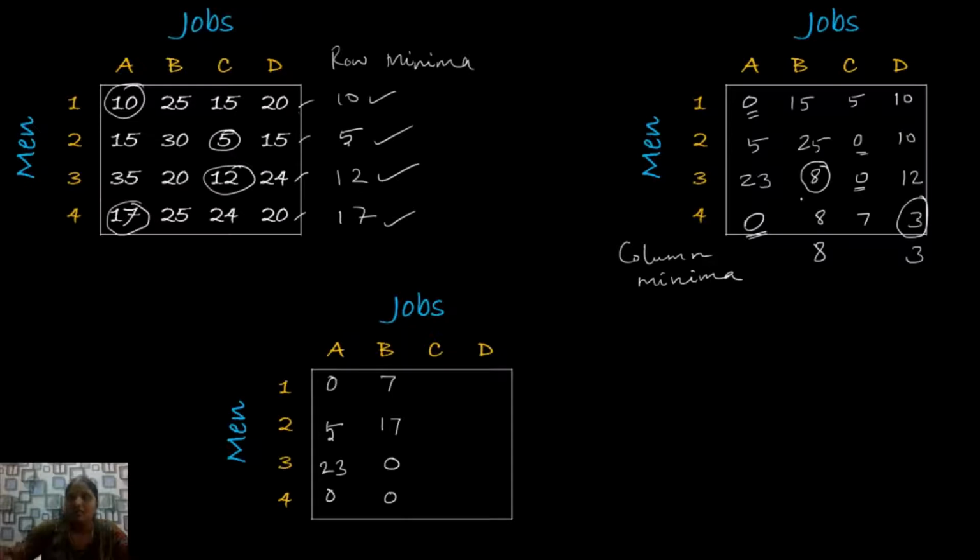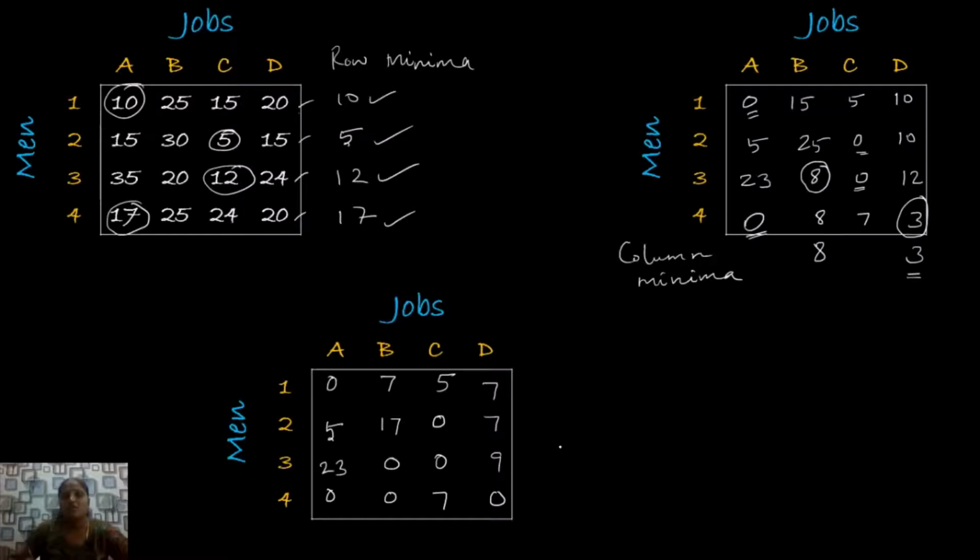And the third column, we write the third column elements as it is, since it already has a zero element. So 5, 0, 0, 7. And for the last column, it doesn't have any zero, so we have to subtract 3 from the remaining elements. So 10 minus 3, 7, 10 minus 3, 7, 12 minus 3, 9, 3 minus 3, 0. Now, all the rows and all the columns have a zero element, so the matrix is ready for making assignments.